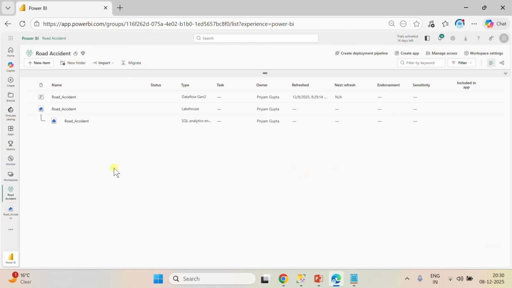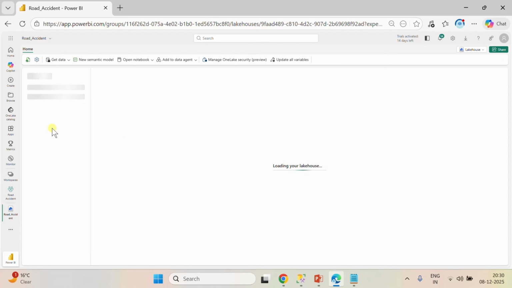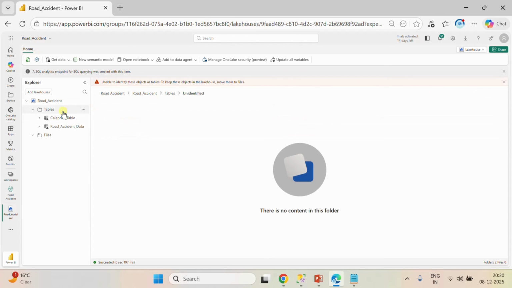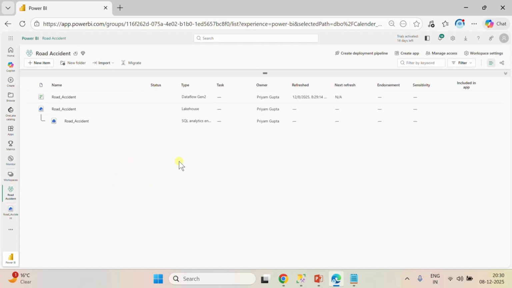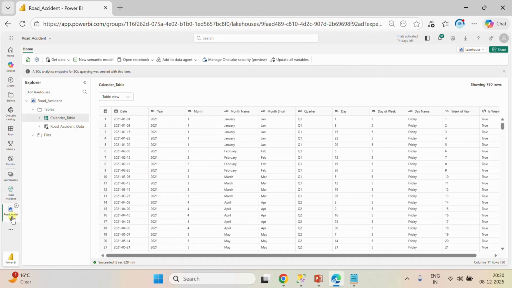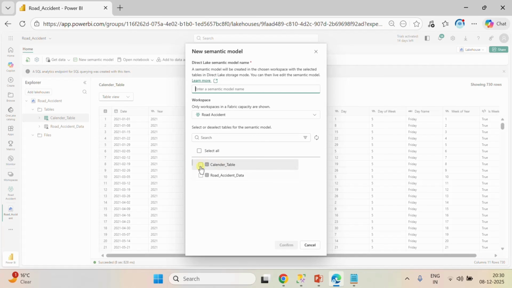Now let me quickly go and check whether we got our tables or not. Let me refresh it. Okay, we got our two tables, calendar table and road accident data. Now let me quickly go and create a semantic model. When you open this lakehouse, up top you will get an option of creating a new semantic model. You have to select both the tables and give a name to the semantic model. Let me give the name as